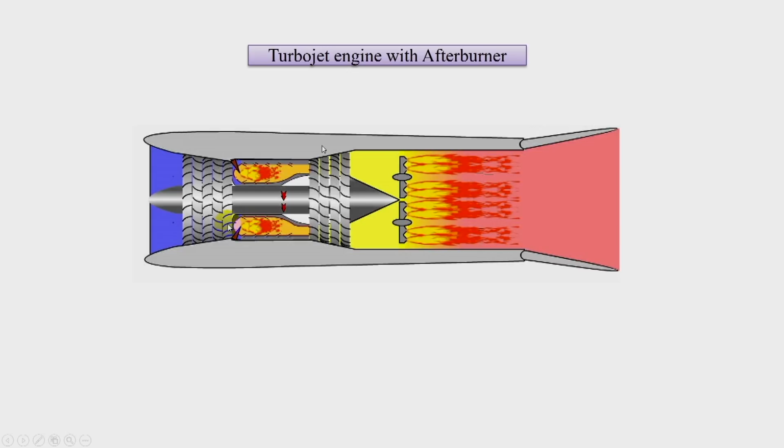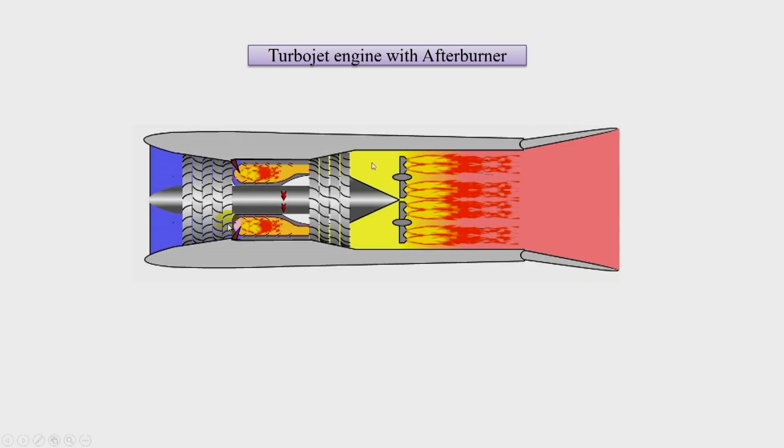from the engine. So the afterburner is necessarily used to get extra thrust, and obviously, since we are putting in extra fuel and at that fuel cost we are getting extra thrust, we need fuel to burn in the afterburner. So as it is said, the afterburner is used for getting extra thrust, but it uses fuel for all of that. So this is the example of an afterburner put in a turbojet engine.